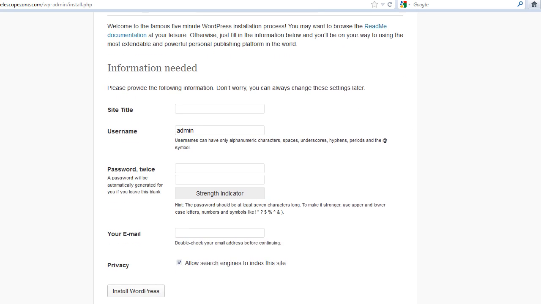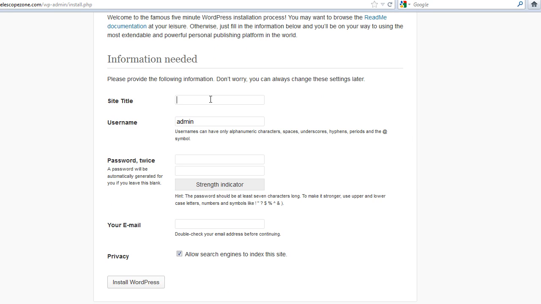And on this screen you can give yourself a site title. You can change this later in the WordPress dashboard if you want. So we're just going to do my WordPress site. Now you can use admin as a login to WordPress, but that's one of the most guessed login usernames, which opens up a little bit of security issues. If you use admin, make sure you use a very complicated password so people don't try to guess it. I'm going to choose to change it to